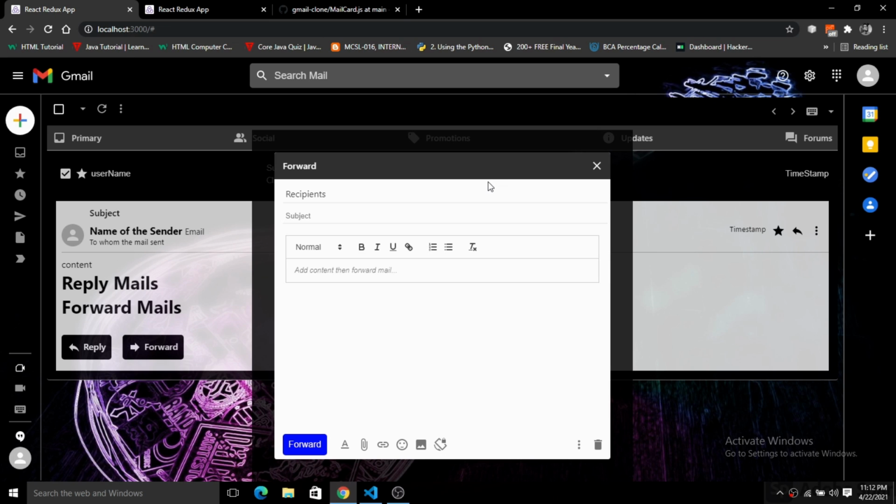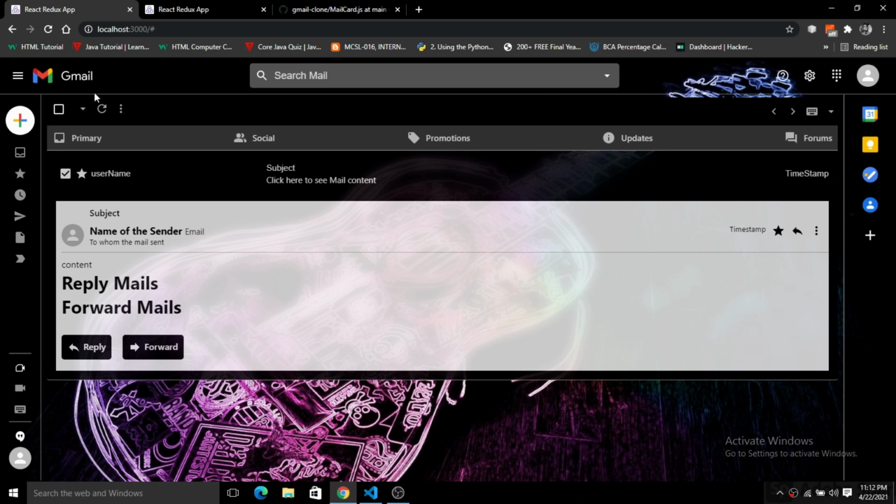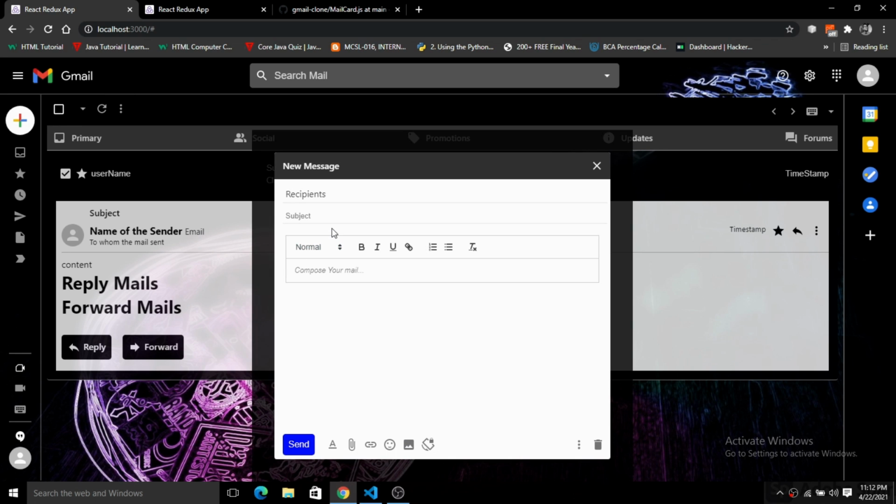So I will just sum up one more thing, what we have built in this part. So in this part we have added a feature that is compose mail. So when we click on this, we have a modal pop-up here. So we have just created a skeleton here, so the front end UI, and everything is done with the front end here. Now it's time to do the back end stuff and the database stuff here. So we are totally done with the front end.